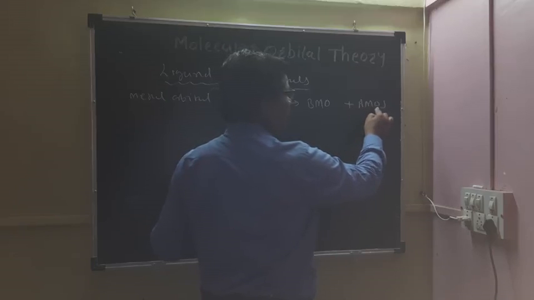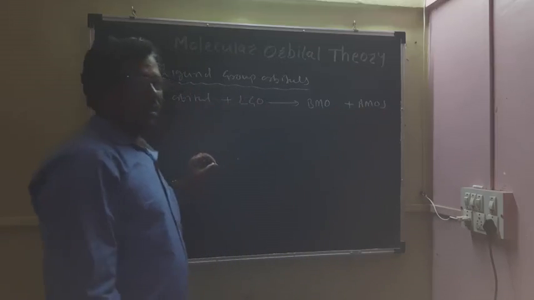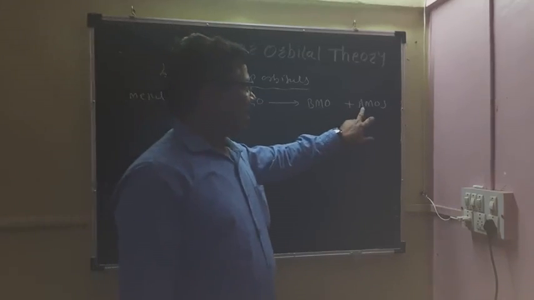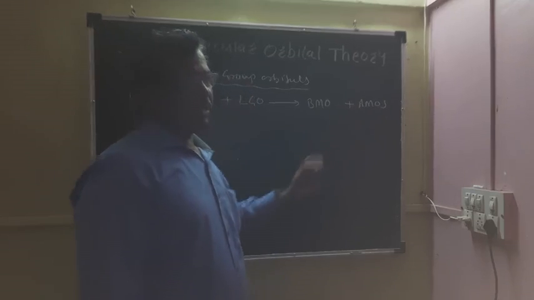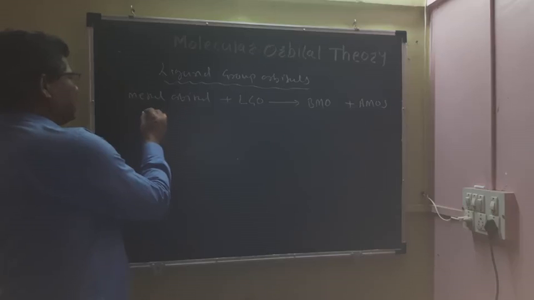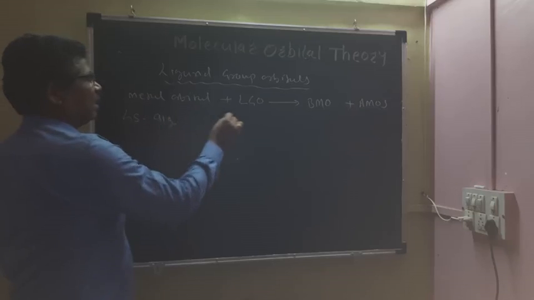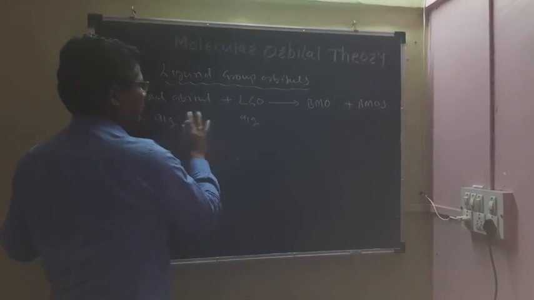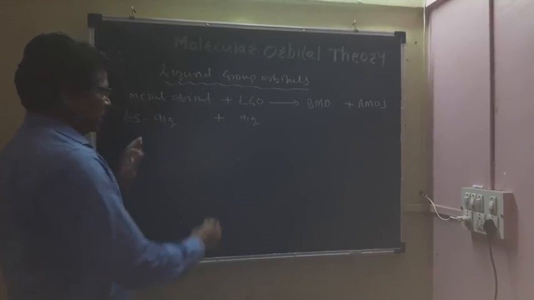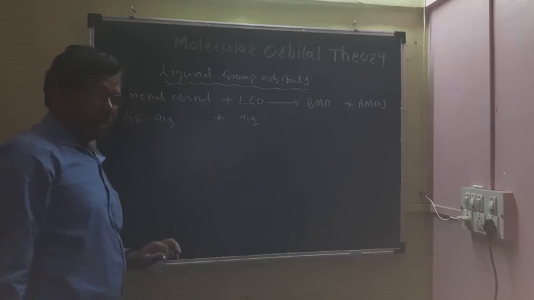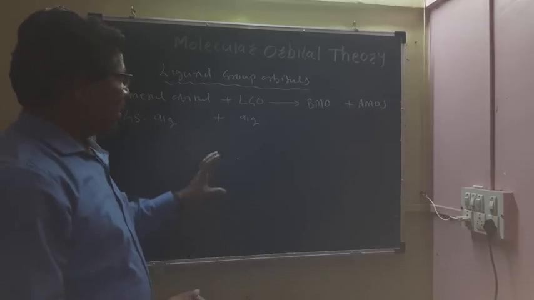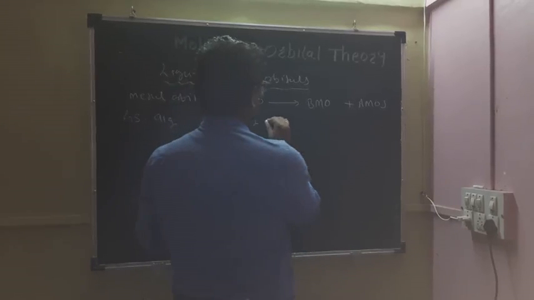B is for bonding molecular orbitals and A is for anti-bonding molecular orbitals. The metal 4s orbital is a1g, and the ligand group orbital is also a1g. These a1g and a1g have the same symmetry, therefore they easily combine or overlap with each other,